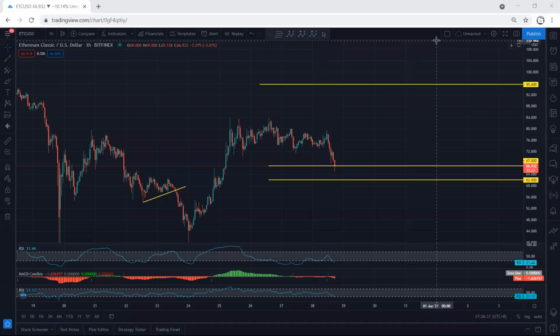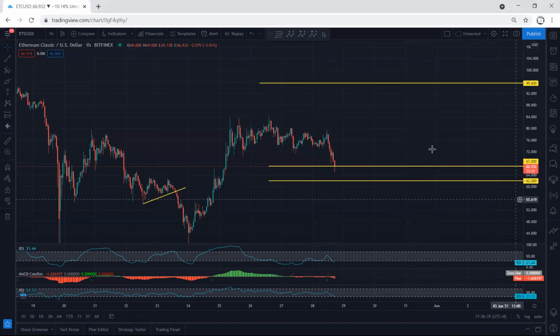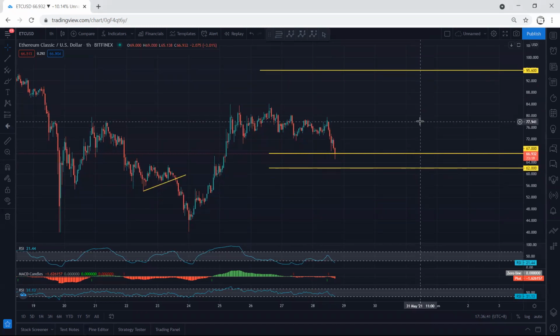ETC, we start with the 1 hour chart. I just want to give a quick update. First of all, if you refer to our analysis in my last video, when the price was exactly within this move, we mentioned different possibilities and how we can look at the chart. Besides that, I mentioned the price can drop, and we said we can expect the price drop within this zone, somewhere between 67 and 62. As you can see, exactly right now, the price tagged 67.